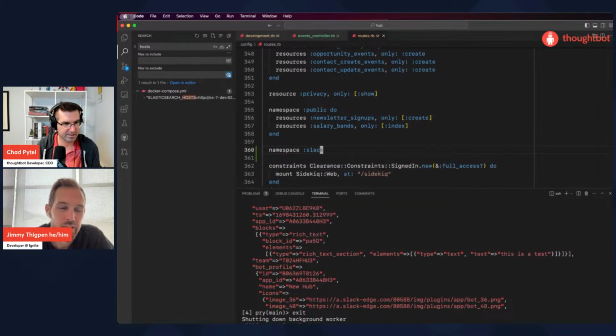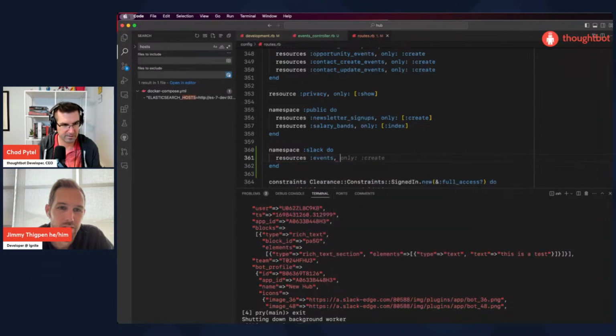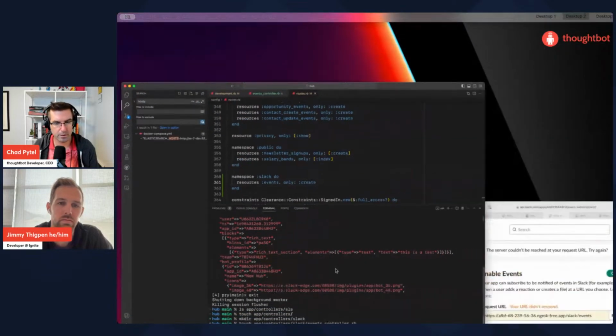Okay, so we added the controller and now we're adding a route. Yep. So Rails knows where to funnel the request. And I don't know if you noticed, but I made a Slack module. A route that goes to a directory is automatically in a module, and the way that we can express that in the routes is with the namespace. Cool. We shouldn't need to restart the server for changing routes. And so let's try it again.